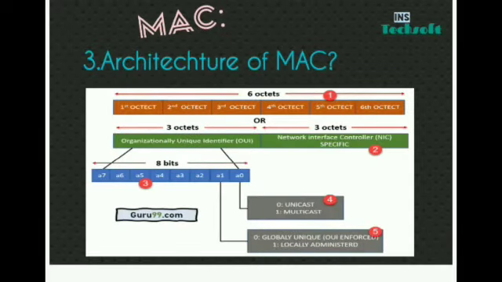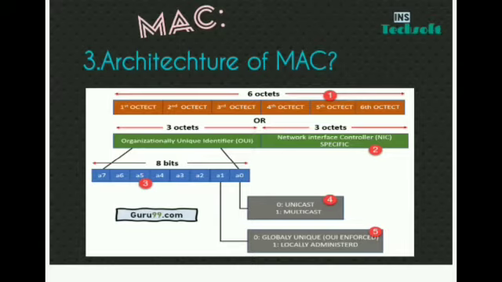So coming to the architecture of MAC, the above figure shows the architecture of MAC. This figure contains a MAC address containing 6 octets. In the diagram below, observe that the first 3 octets, each a group of 8 bits, form the organizationally unique identifier, which is called OUI. It is a 24-bit number that identifies the manufacturer, organization or vendor. The last 3 octets are the numbers specific to the device, known as the network interface controller, that is NIC. It is specific, guys.